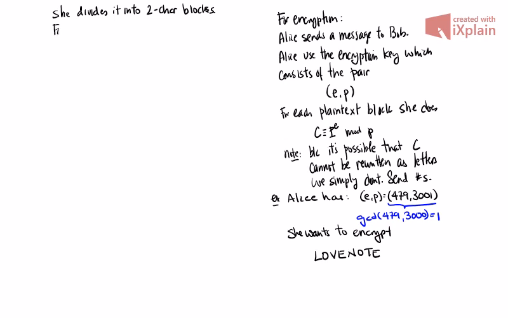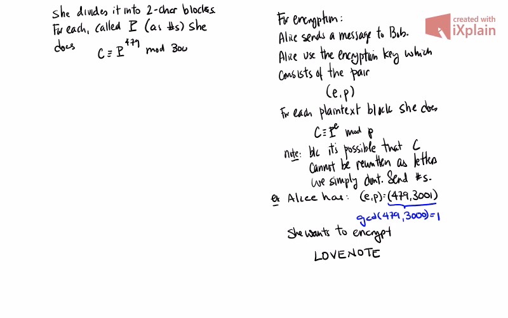For each of these, called P, P will be a 2 character block as numbers. She does exactly what we just said. C is congruent to the plain text block to the E, 479,